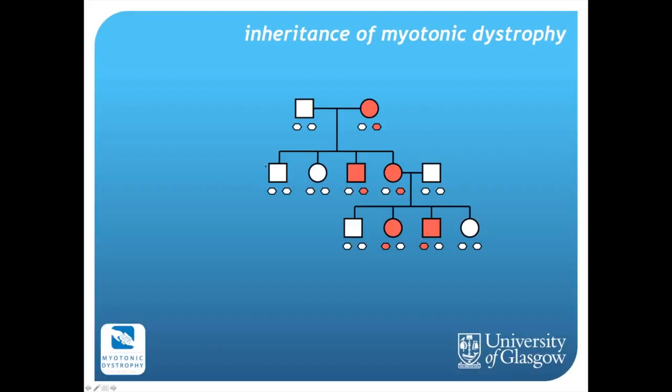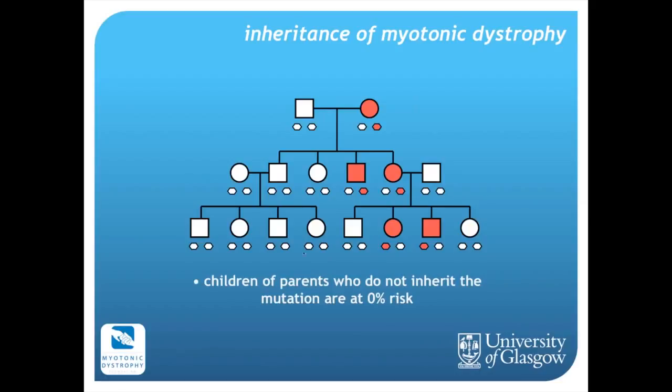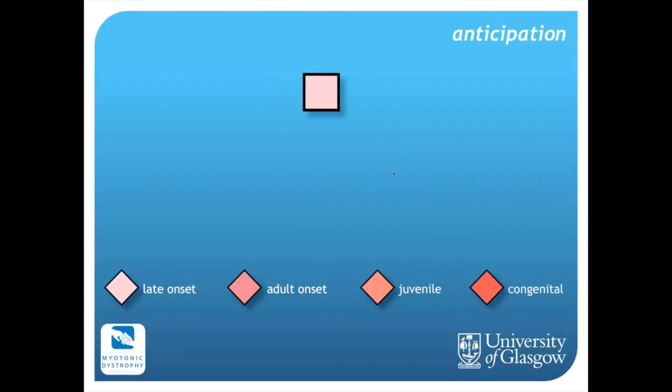However, on the other side of the family over here, where this male didn't inherit the mutation, and as long as his partner is unaffected as well, then their children will be at 0% risk of inheriting the disease. So for any individual that doesn't inherit the mutation, their children are essentially at 0% risk. All those who do inherit the mutation, their children will be at 50% risk. So that's the very simple genetics, is that the individual has a 50% chance of transmitting the disease to the